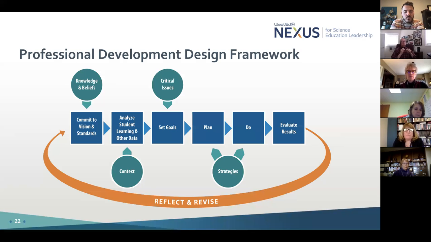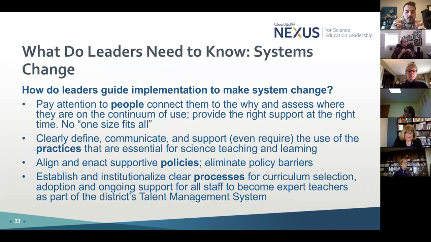So that is just a couple of areas in the knowledge of professional learning we think are important. There are many, many more, and we'll be happy to visit some more. Now we want to just go to the next slide and wrap up with what we need to know about systems change. As I highlighted earlier when we talked about the big framework, we think it's critically important to pay attention to four areas to enact systems change. First of all,